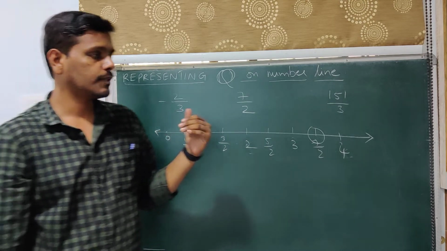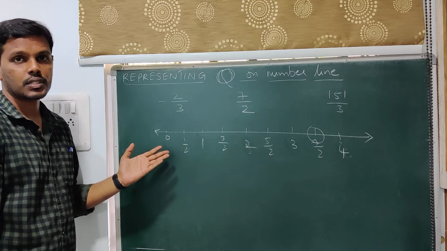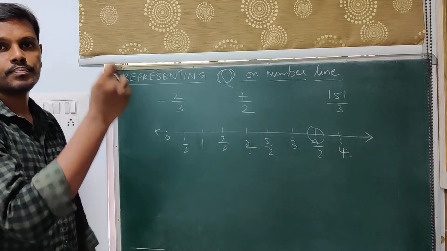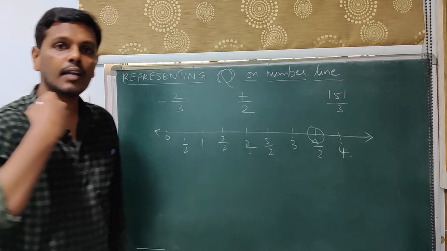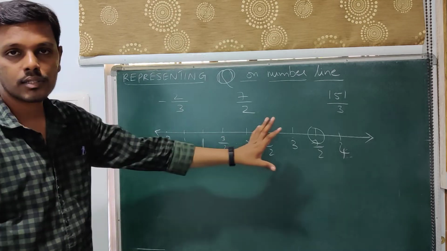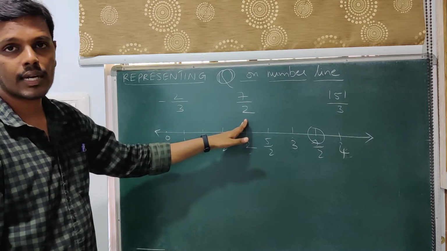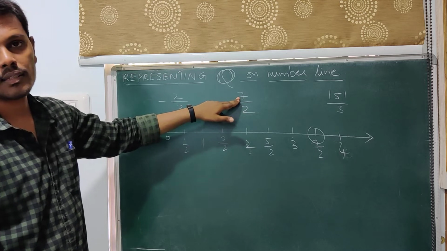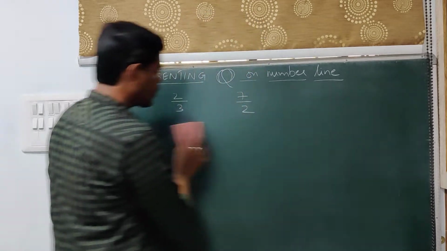Therefore, we will go with a more concrete process that is much more effective than the method we have discussed now. In this method, the aim is to look into the denominator and start writing. If the denominator is 5, we write 1 by 5, 2 by 5, 3 by 5, 4 by 5, and we move on. We arrive at the required number, stop there, and encircle it. That is the general process, and the same process applies for numbers where the numerator is less than the denominator and where it is greater than the denominator. Now we are going with another method.